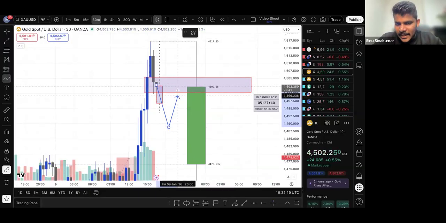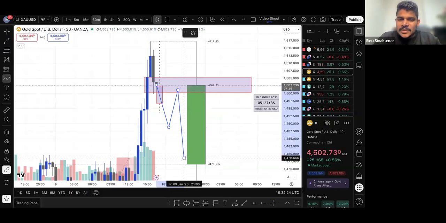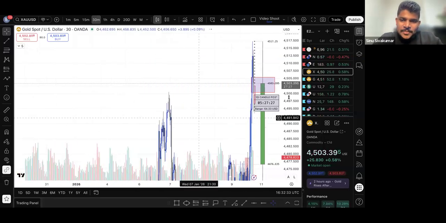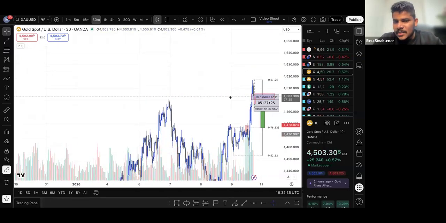It will try to push back and come back to this zone again and try to take out this liquidity. So this is what the entry models for the ICT traders will do. But if you look for what happens with respect to, let's say, whether you are going to learn